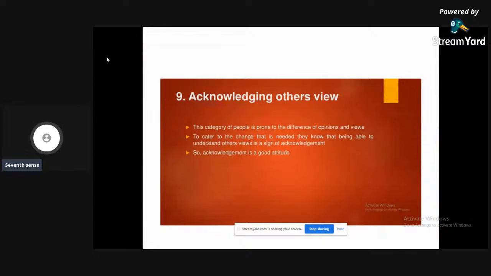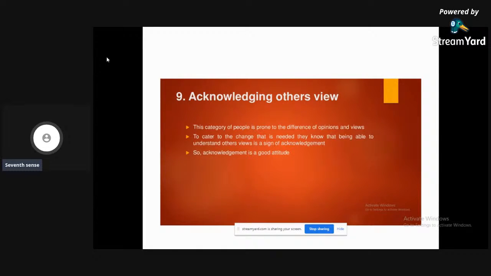Acknowledging others' views. You should acknowledge others' views, as in you should consider their views while facing the situation. And then you will know what kind of problems you have.